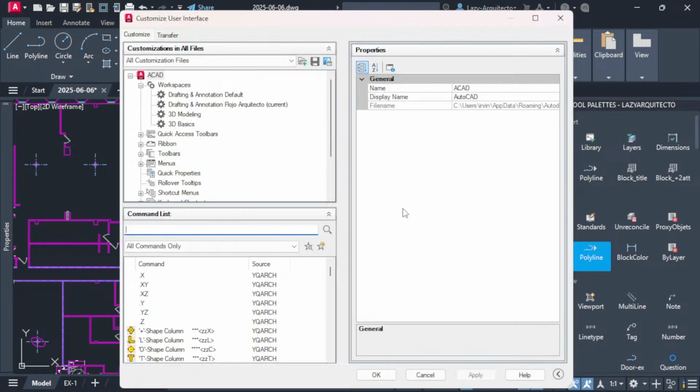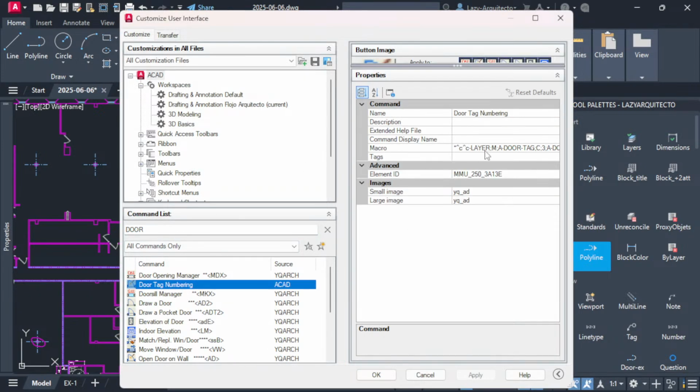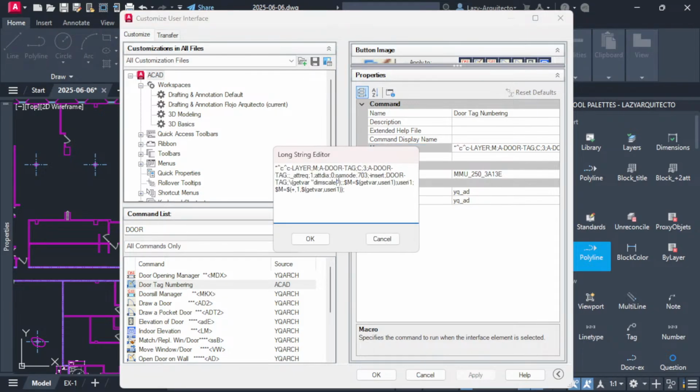Back to our CUI, door tag numbering. Let's erase where we added it, because I don't like this method. Make sure you only erase the code that is dealing with the layer and not with the attributes. So I'm gonna delete that. Now, a different way, which is the method that I like actually,